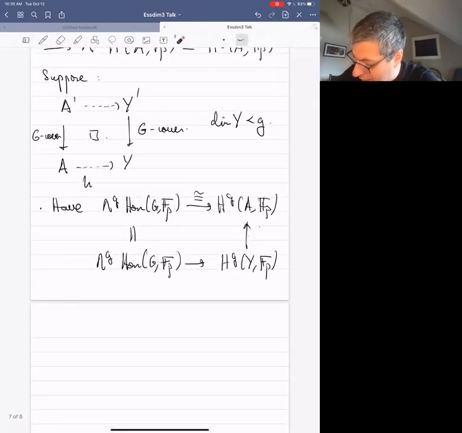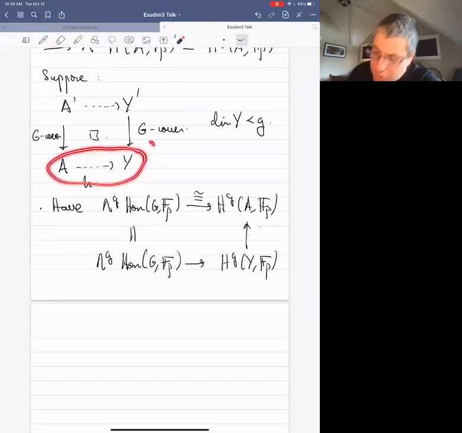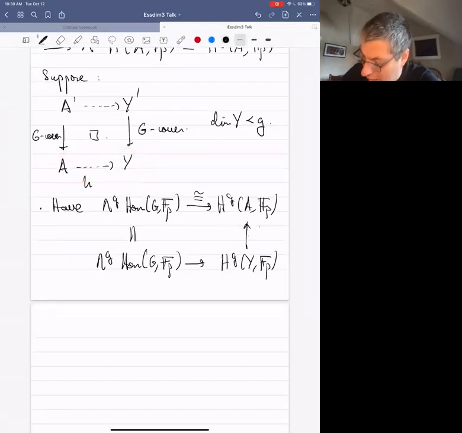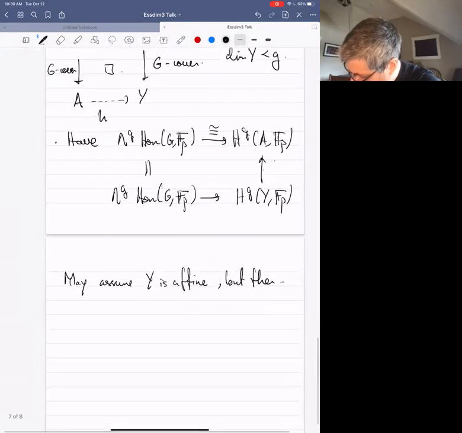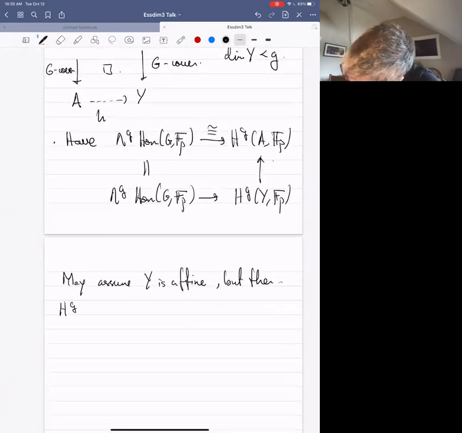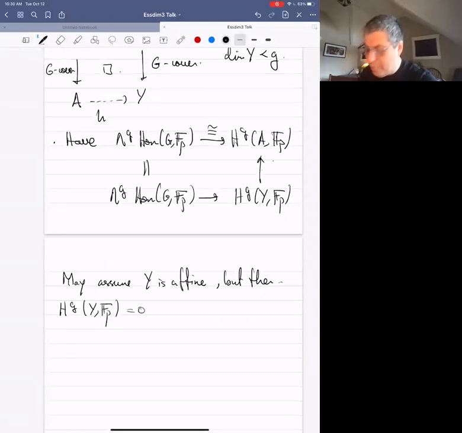Okay. Now, since we're in any case considering only birational covers, I may as well assume I can always shrink Y, so I may assume Y is affine. But then HG Y of FP would be 0 because the cohomology of affines vanishes in degree above the dimension. Okay, and this would then give us a contradiction,